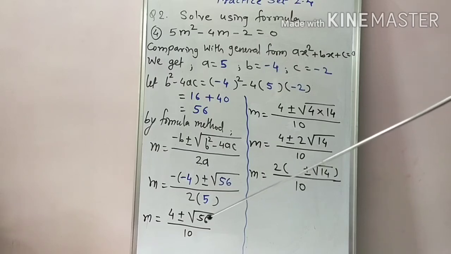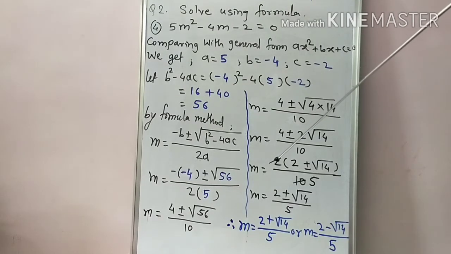Okay, if the number is factorized in such a way that one factor gives us a perfect square, so factorize it, take that perfect square number outside, and again do the same procedure: take the common 2, write down the remaining factors in brackets and divide the denominator by that common number. Okay, and then separate the two values, so that is your roots. Okay, now try to simplify it and get the two values for m.